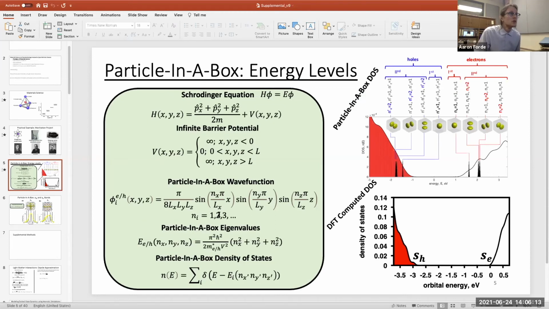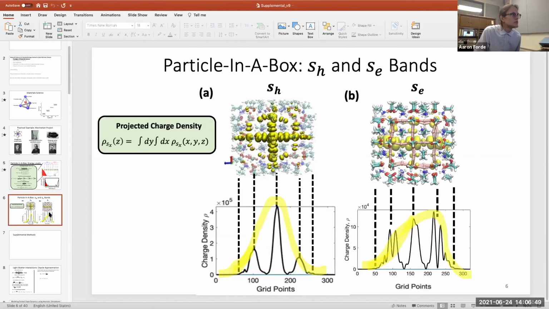So for conceptual analogy, S and P refer to a particle in a box, like these circular blobs and these dumbbell-shaped yellow blobs. S refers to spherical, so the circular orbital, and P refers to these dumbbell-shaped orbitals. From DFT calculations, I looked at the envelopes from the wave functions that were computed, and just tracing out the envelope, you can see that